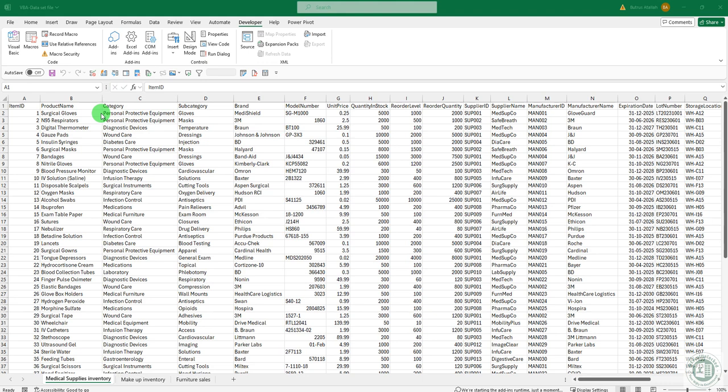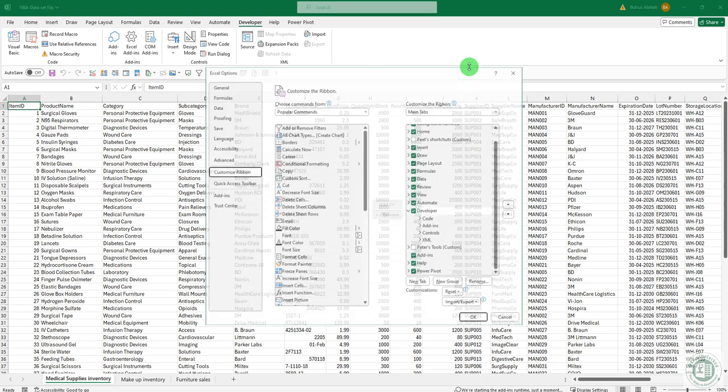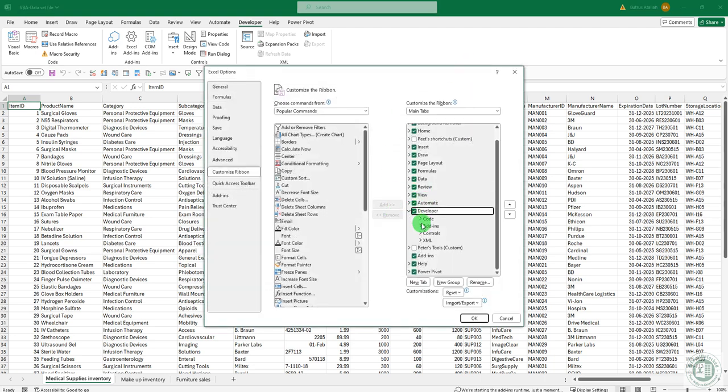Now I'm gonna show you how to create simple macros even if you don't know how to write the programming language. On the Developer tab, under the Code group, all the needed macro buttons are listed. If the Developer tab is not already enabled in your version of Excel, you can enable it by right-clicking on the ribbon, customize the ribbon, and you only need to check this.